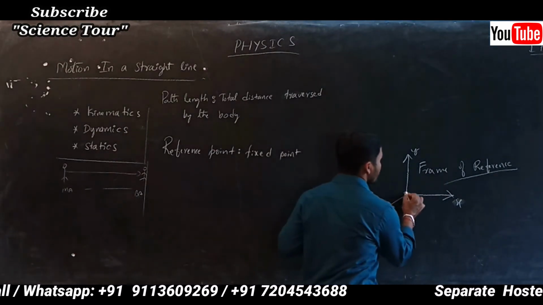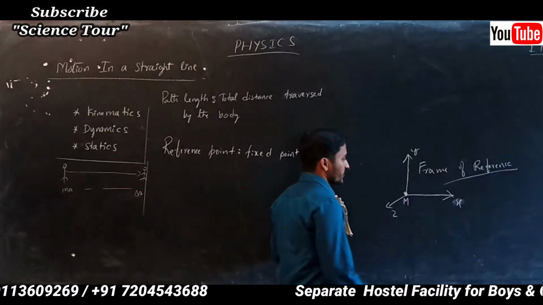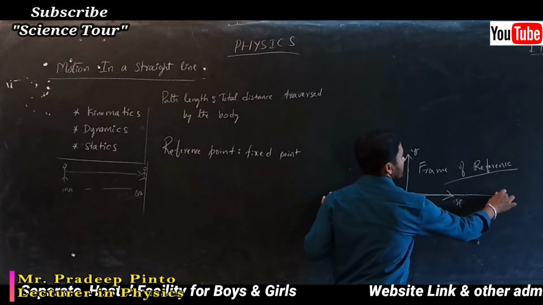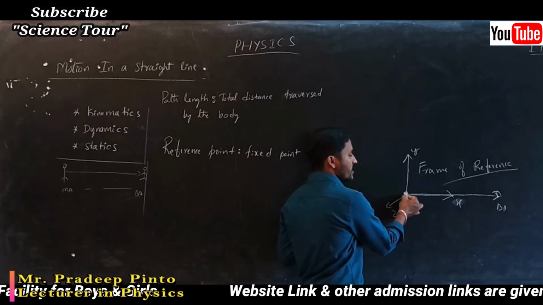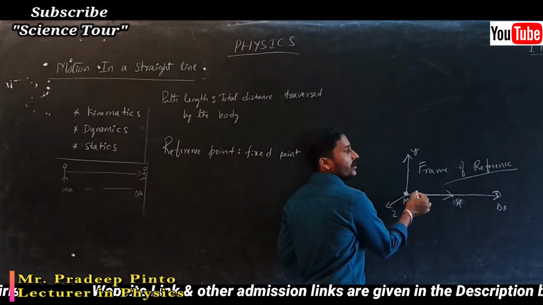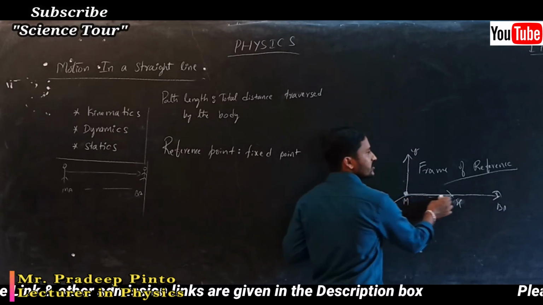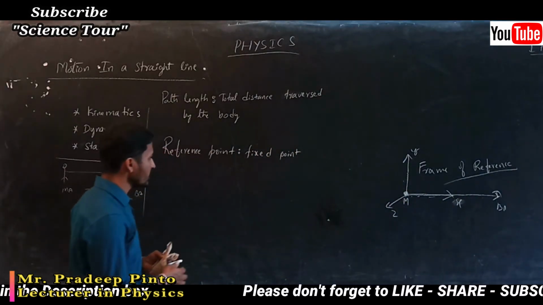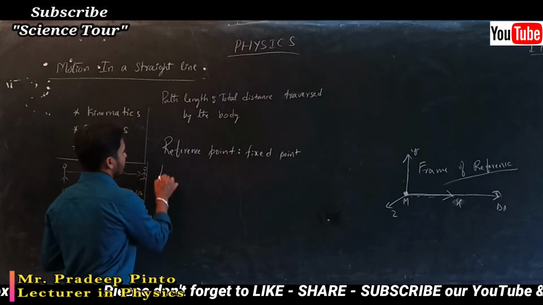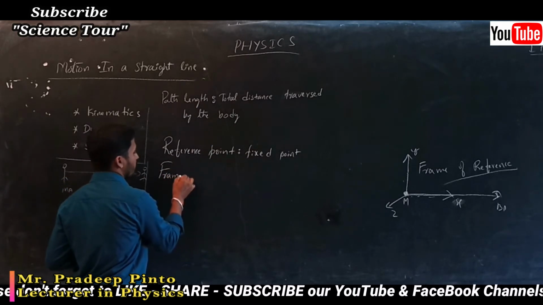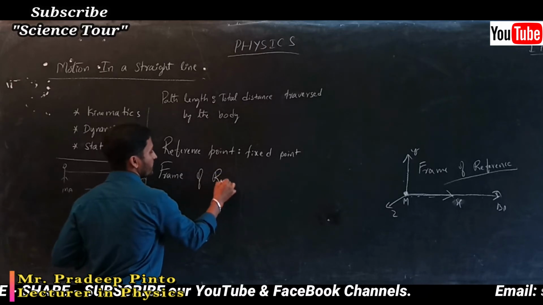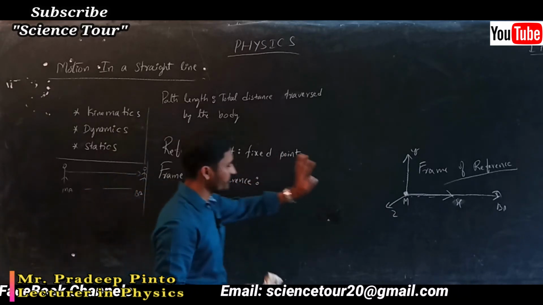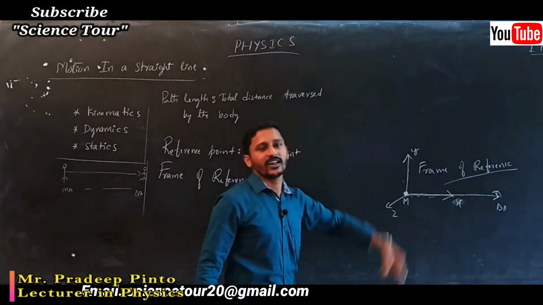Suppose this is the point, your initial point Mangalore, and you are moving straight to Bangalore at this point. Which was your initial point? This was the initial point and reference point. With respect to this you are moving. You are moving in the x axis like that. Okay. So together we will call that a frame of reference. So what is that frame of reference? Frame of reference is nothing but rectangular coordinates.